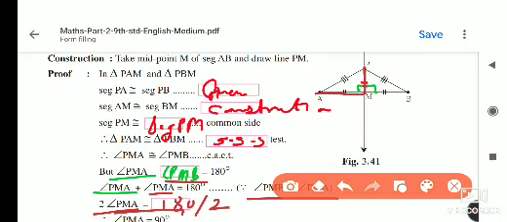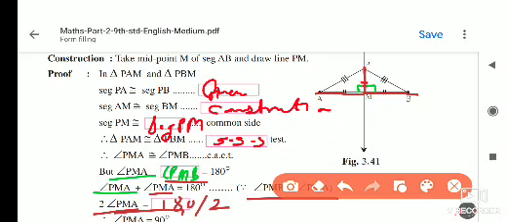PMA is equal to 90 degrees, means PMB is also 90 degrees, means that line PM is a perpendicular bisector of this, say AB. We can prove it in that way, we can show that. Now if you just note down this, we will take the next part.